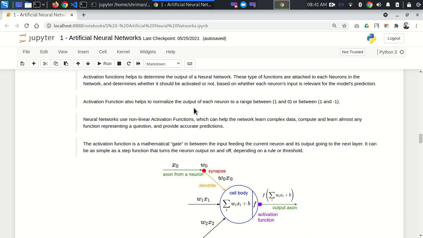And to avoid this kind of problem, we have introduced these normalization techniques, maybe normalization or maybe standardization. There is a thin difference between normalization and standardization. Basically, in machine learning there are some places where normalization would be required, and there are some places where standardization would be required.